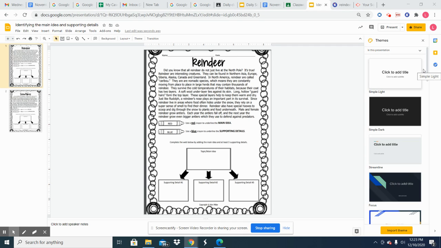Just like Rudolph, a reindeer's nose plays an important part in its survival. Since reindeer live in areas where food often hides under the snow, they rely on a super sense of smell to find their dinner. Reindeer also have special hooves to scoop and dig through the snow to plants and food underneath. Male and female reindeer grow antlers. Each year, the antlers fall off, and the next year, the reindeer grow even bigger antlers, which they use to